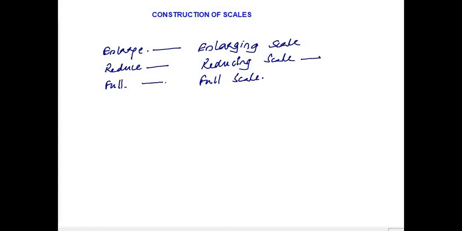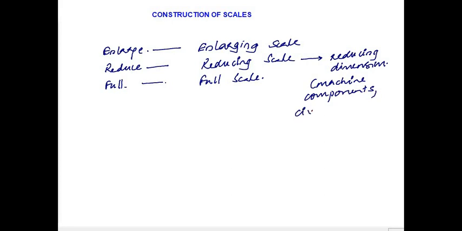Such scales where we are reducing its original dimensions by some ratio are called reducing scales. Examples: machine components. Practically everything that we come across, most of them are reducing size. Machine components, civil drawings,